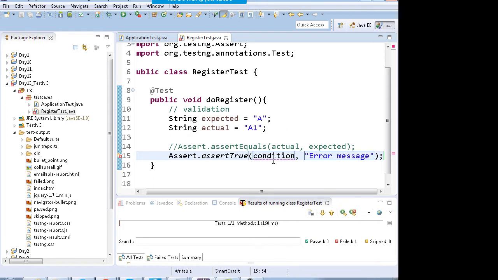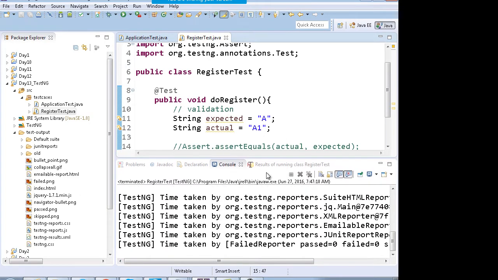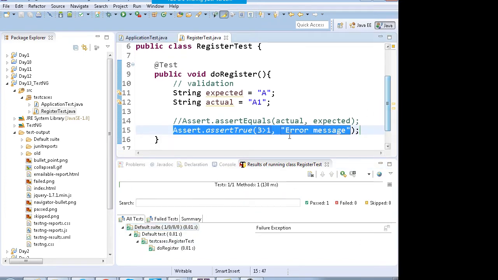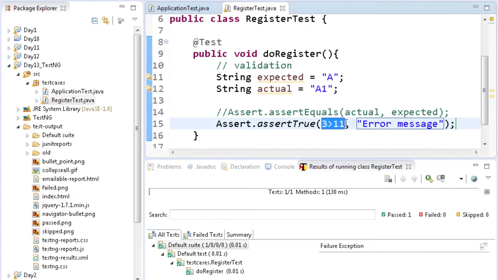For example, I write over here 3 greater than 1. The result of executing this is true, so this assertion will pass. If I run this line, this test case will pass. But if I write 3 greater than 11, which will evaluate to false, then this assertion will fail and this error message will come up in the reports as well.